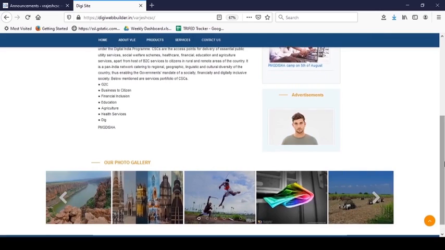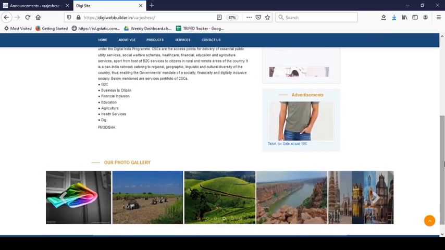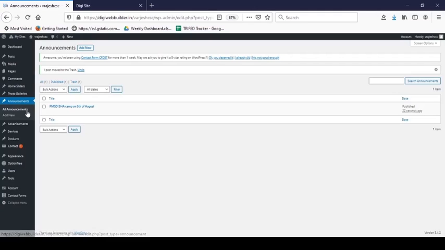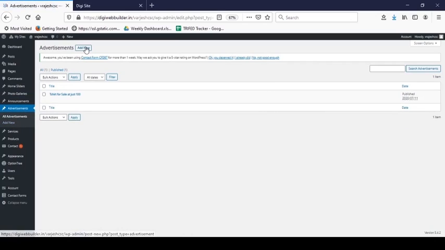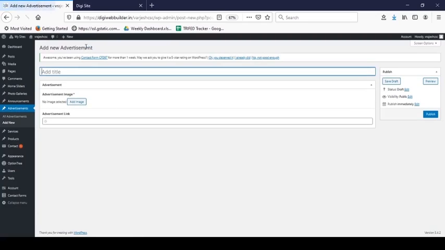Now we will edit the advertisement section. To edit this advertisement section, go to the advertisement tab. To add new advertisement, click on Add New. Add title for your advertisement, Sale in Diginame.